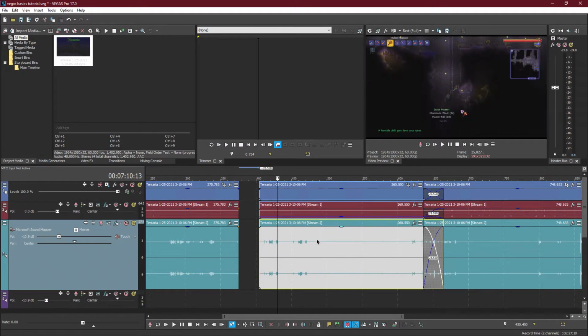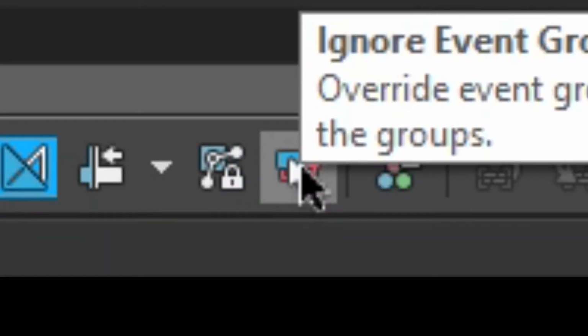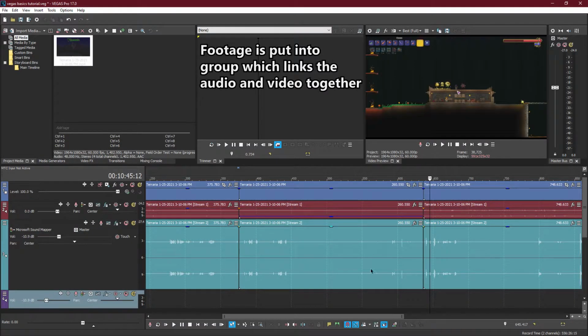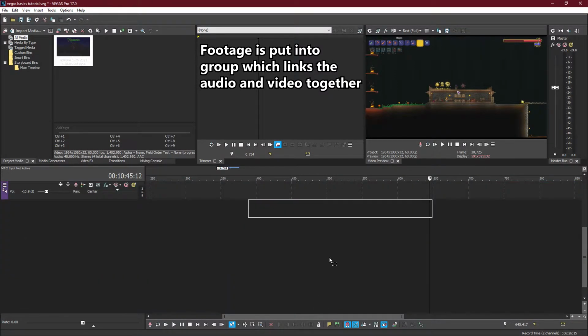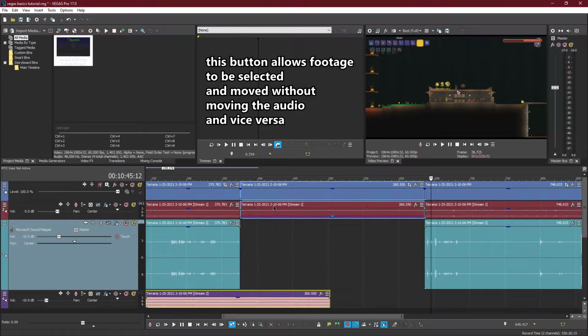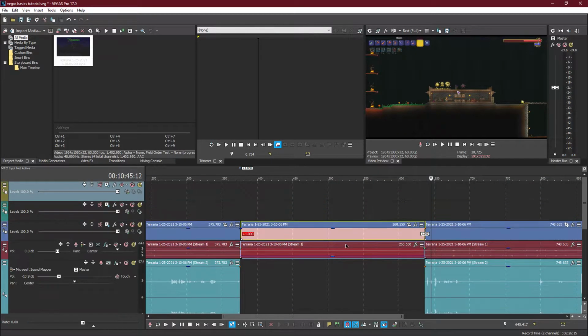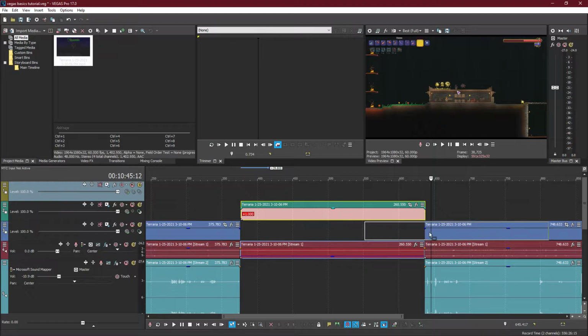For editing specific things on the timeline, click this little button right here, Ignore event grouping, which will allow you to take something from a group, move it, and only affect that. So I'd be able to take the footage and just add a video track or two,